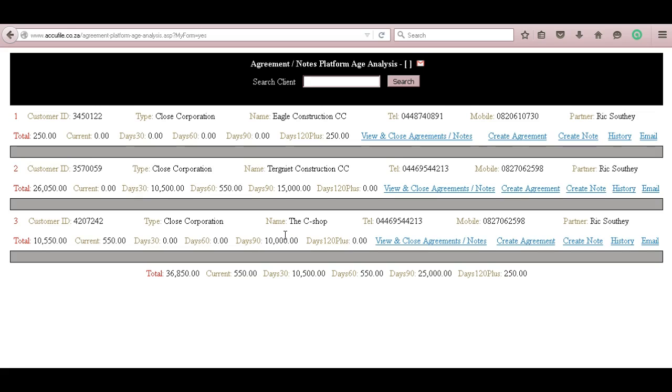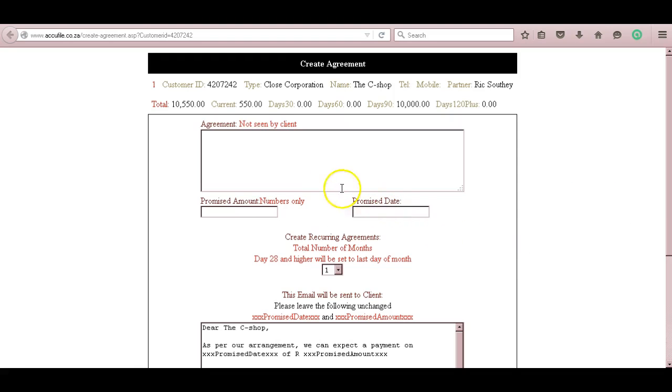So your debtors person will phone in, and we're going to take the scenario that this person says, well, it's fine, I can pay you 2,000 Rand per month for the next 5 months. And if that is okay, can you please set it for the 15th of each month? So you're going to go in here, create an agreement. So let's go there. So you can put there, I have spoken